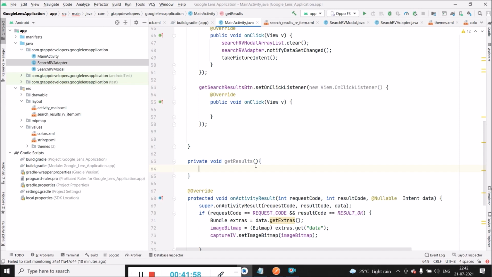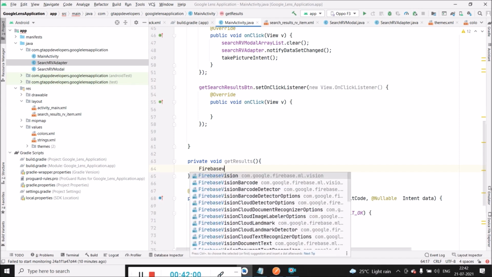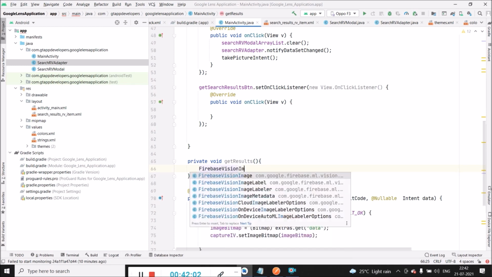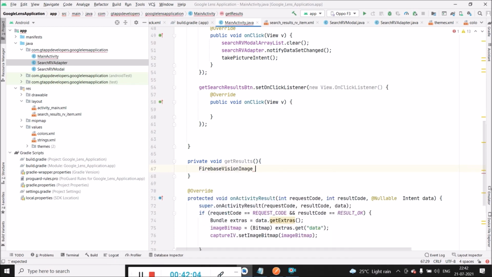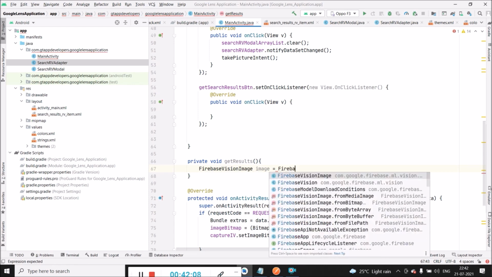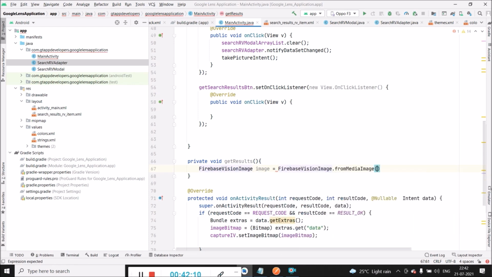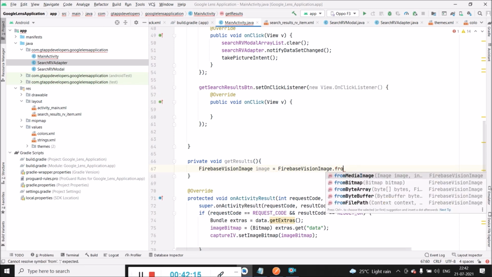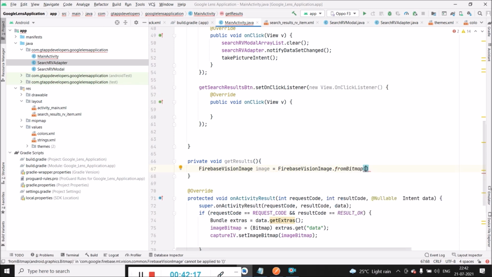So for that, we will simply have to firstly create a Firebase vision image variable for it as a image dot. We have to specify from bitmap, and then we have to specify the image bitmap.